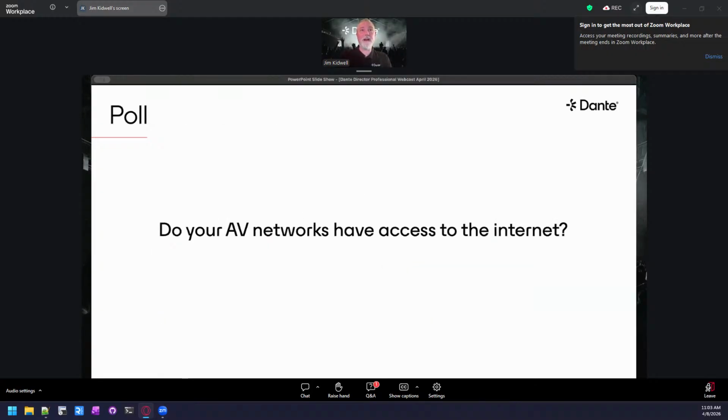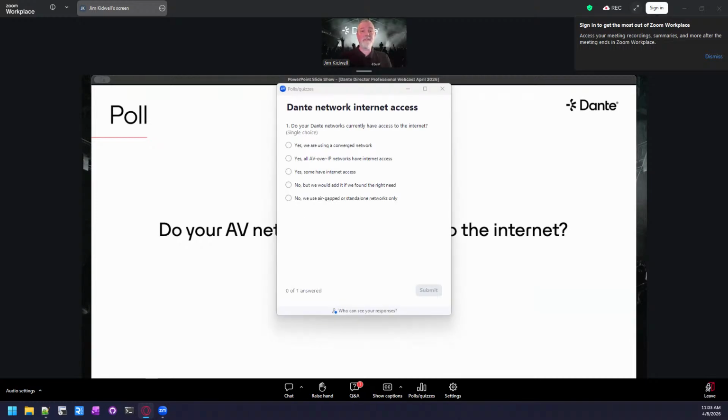All right, to get started, I wanted to start it off with a quick poll. One of the things that is required for Dante Director is cloud access. It is a cloud tool, so that means it runs using AWS, running up in the cloud, and you do need to have your devices be able to connect to it. Some people are in a place where you're already using a converged network, or if you have the option to go to the cloud, that you're there. If you're not there, then this might not be the tool for you right now, but it's still good to learn about it. We're working toward having an on-premise version of this.